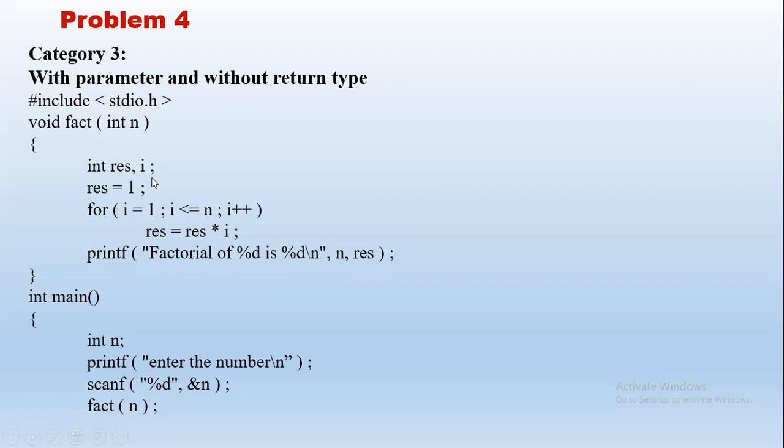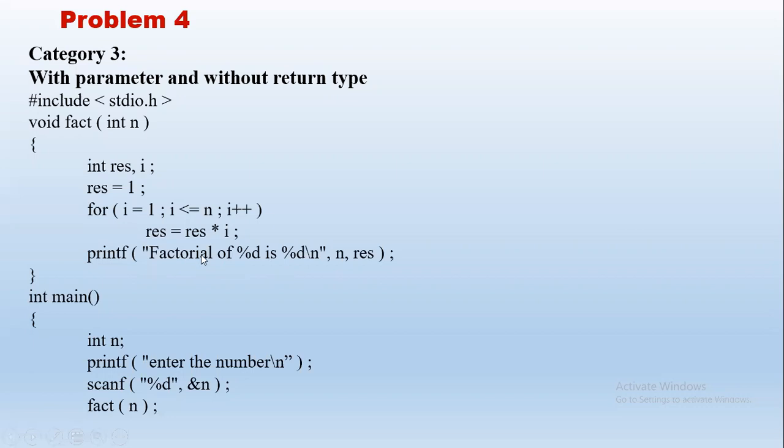If you observe the outputs of all the categories, it is the same, right? As an end user, or whoever is executing the program, that person cannot recognize any difference between the categories. These categories are basically for programmers. The programmer can decide which category is more suitable for my program, and I will select that. As far as output is concerned, the output will be the same for all the 4. If we give n value 5, all the 4 programs give the same output.